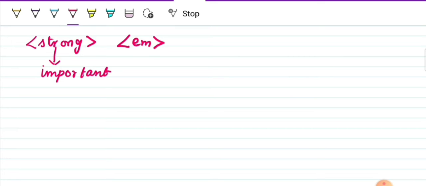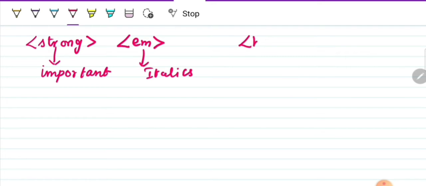Here, what do you mean by this? It will display everything in italics for you. So don't forget, strong is not only going to tell it is bold. The most important thing is that it tells the content or text you have inside the strong tag is more important. Okay? Yes, we can move on to the next one.